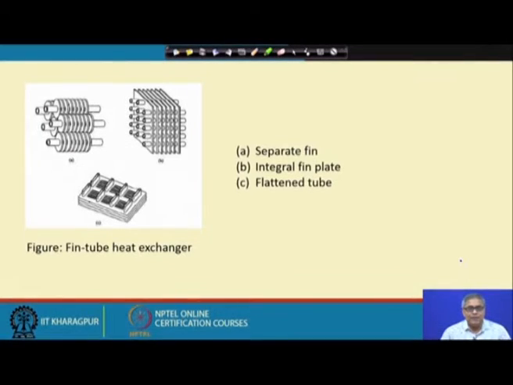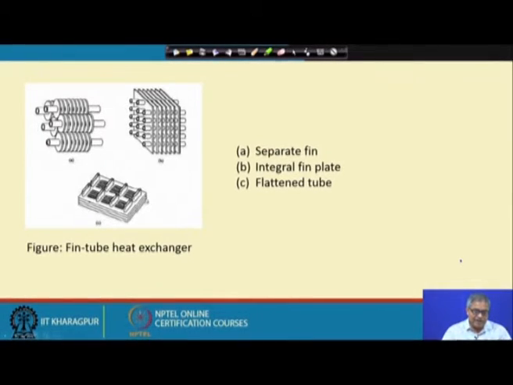So, in that way we have increased the compactness, but we are not satisfied with that, we want to go for more compact design. So, then what we have done, in between the fins there is some sort of a gap, we want to abolish this gap. Now, we are having integral fin plate which are pierced by number of tubes, and two fin plates are parallel to each other. So, in between gas passes, so that becomes the gas passage. Okay. So, this is kind of a design we try to evolve from this first design, design A to design B.